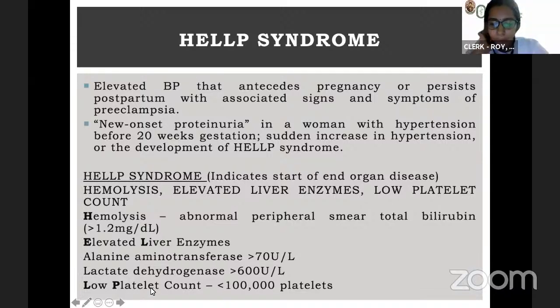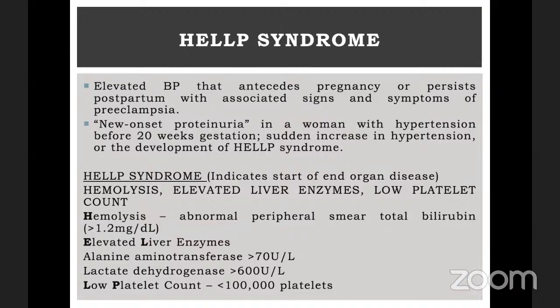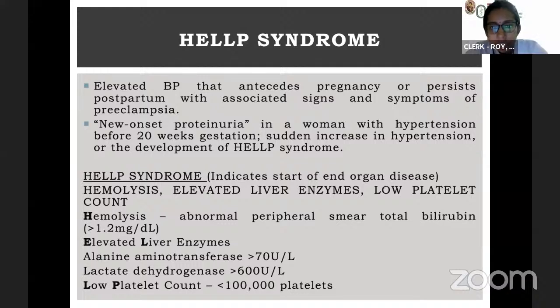So the HELLP syndrome is a pregnancy complication that affects both the blood and the liver. It antecedes pregnancy or persists postpartum with associated signs and symptoms of preeclampsia. New onset proteinuria in a woman with hypertension before 20 weeks gestation, plus sudden increase in hypertension, or the development of the HELLP syndrome. The HELLP syndrome is used to describe preeclampsia in association with hemolytic anemia,